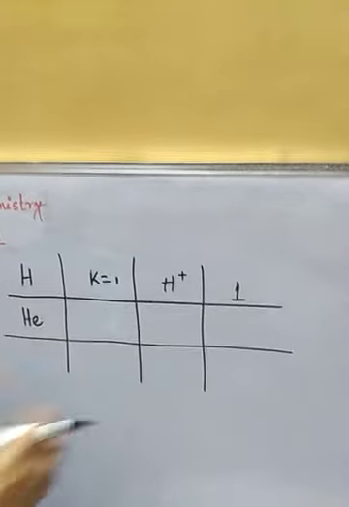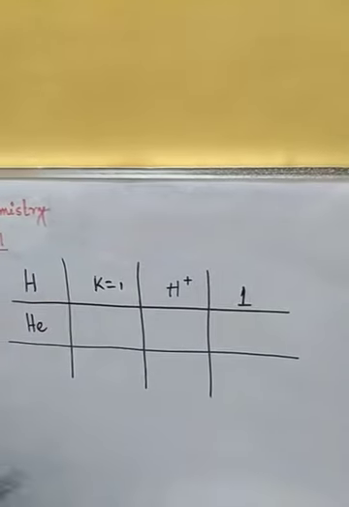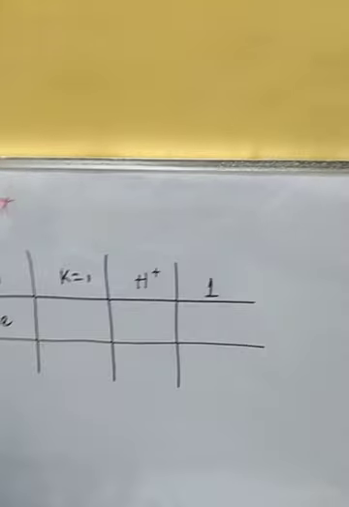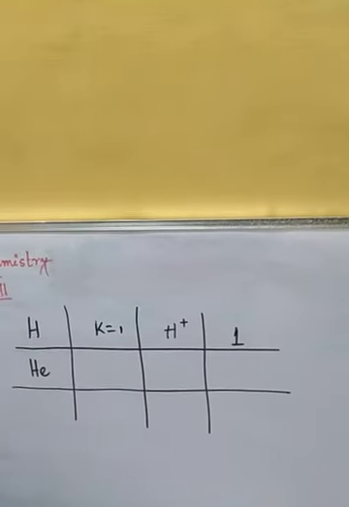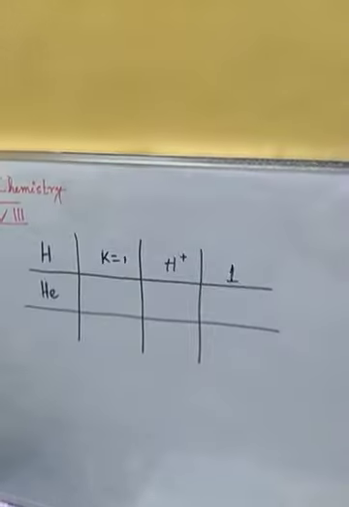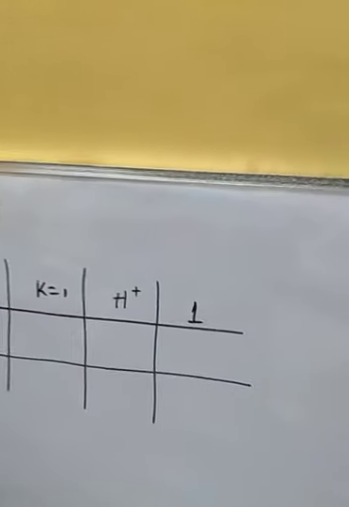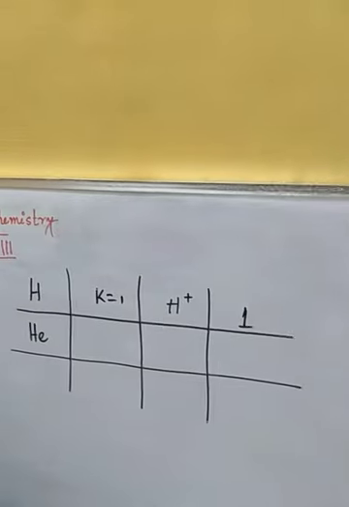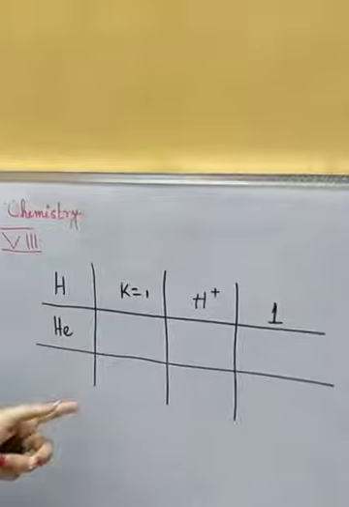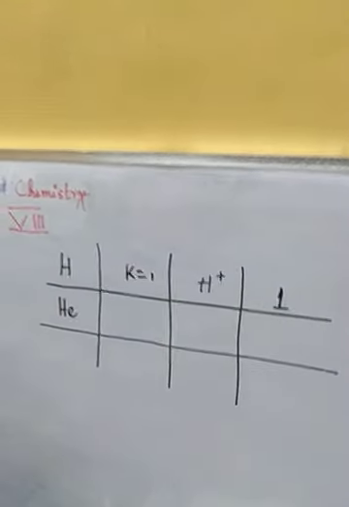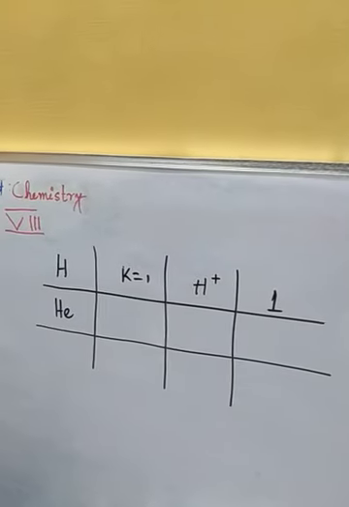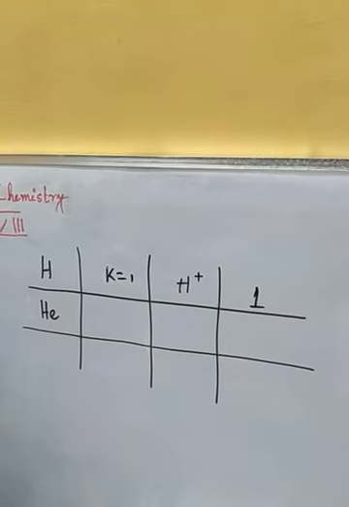For each and every part you have to draw a line, like a box, so that these things are separated. Otherwise, helium's electronic configuration may mix with some other element, and this shouldn't happen. For that, better you draw a line in this manner. So these few changes you have to do, those who have done it already, as you have a lot of time.